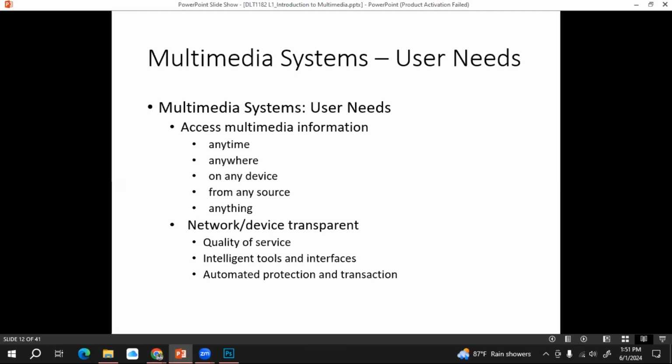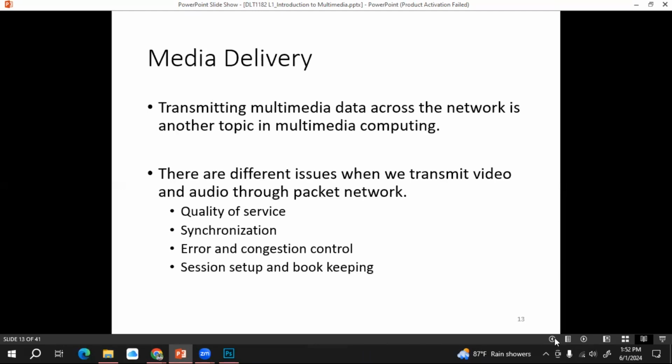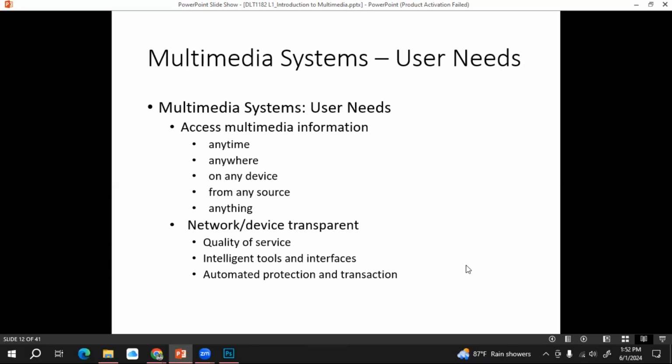The reason is, let's say, the connection is not good, the signal strength is not sufficient for the communication, and the device is not good for this purpose, right? It is very hard to get quality in the multimedia system. But however, users are expecting these types of qualities on the multimedia system, quality of service, right?